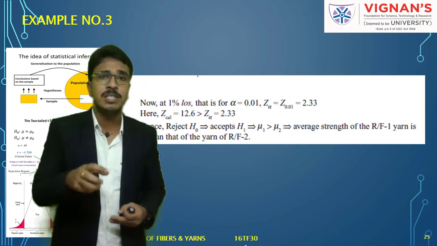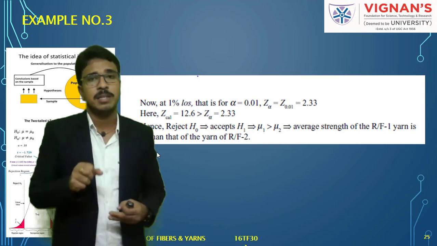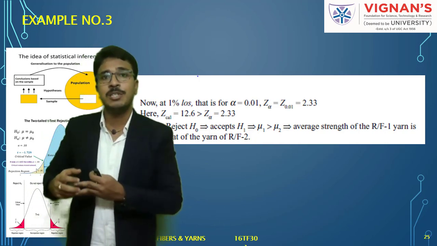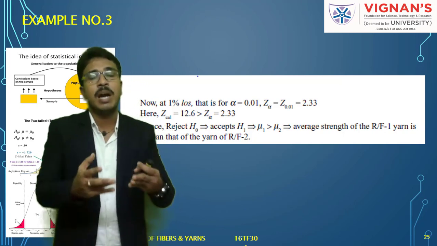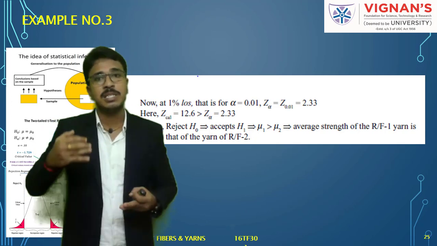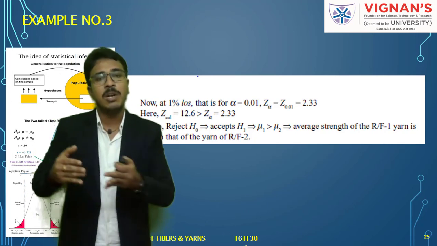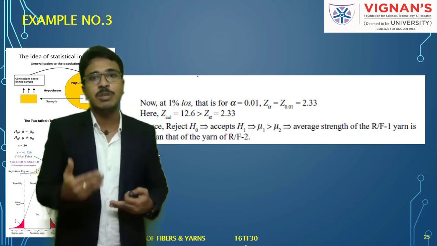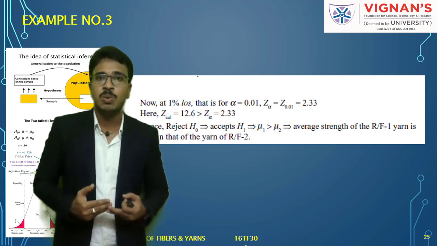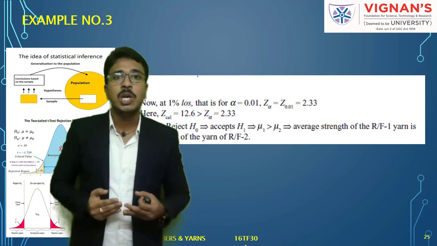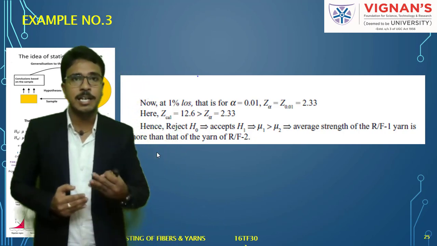where the interest is to test the mean, and the sample size is more than 30. You have to choose the right formula depending upon what information is given in the problem. And you have to find out your calculated value, and table values you have to find out, to make a decision to accept or reject the H naught.